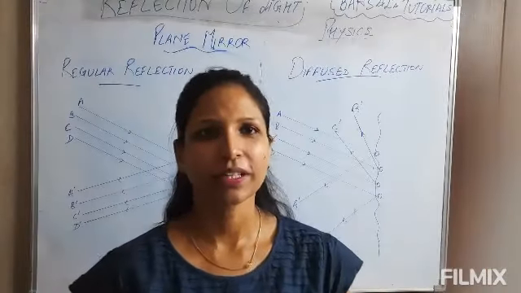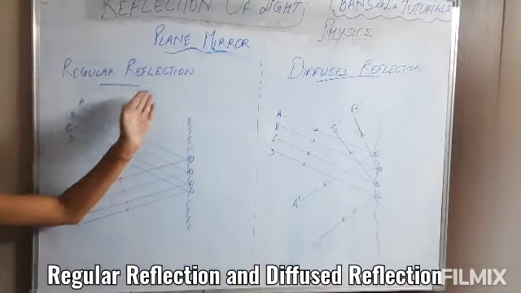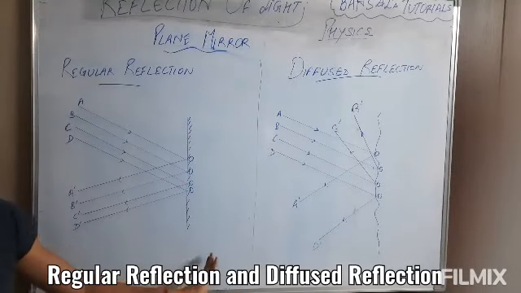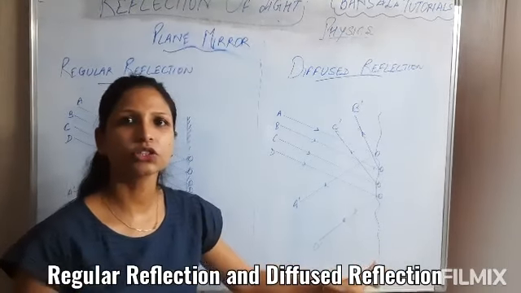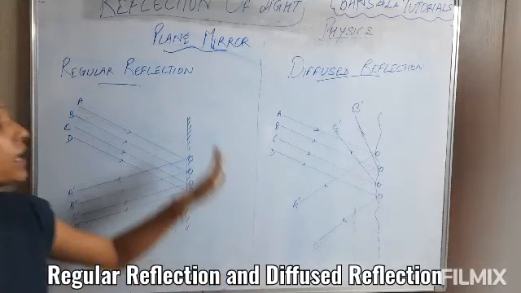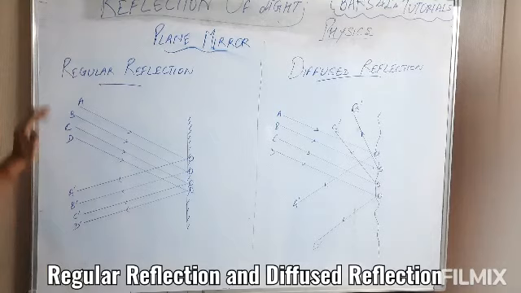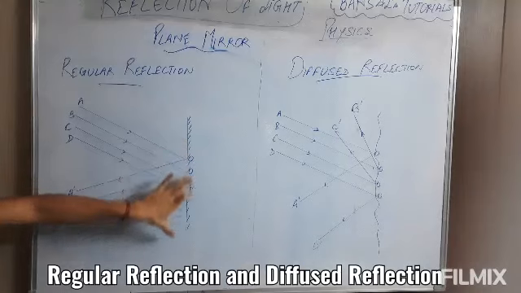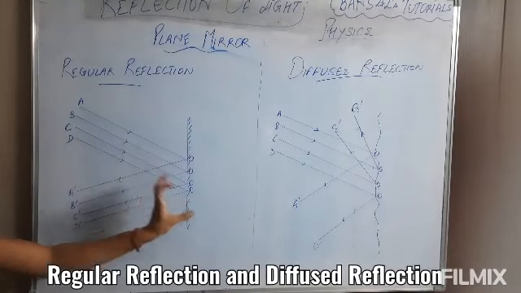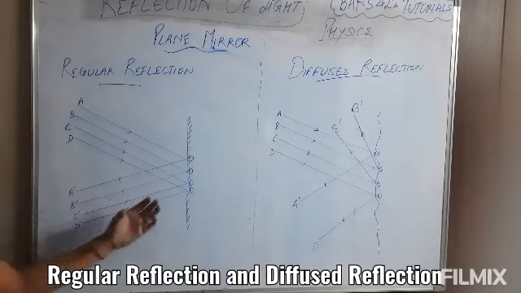Move on to our next topic, that is regular reflection and diffuse reflection. Now regular reflection is that which occurs on a plane surface, and diffuse reflection is that which occurs on an irregular surface, जो कि एक प्लेन स्मूथ सरफेस नहीं है. रेगुलर रिफ्लेक्शन एक स्मूथ सरफेस पर होती है. Now how does this take place? There is a beam of light coming towards the plane surface. If it's a smooth surface, this parallel beam of light will get reflected as it is in the parallel direction away from the plane surface, smooth surface.